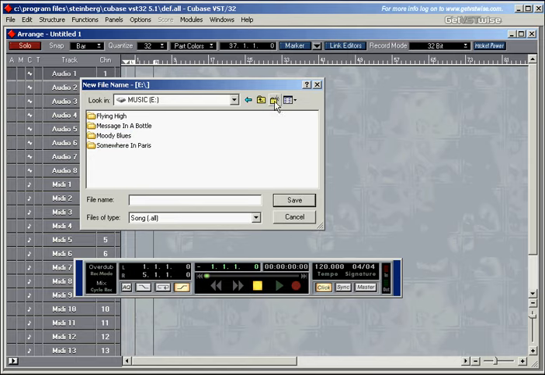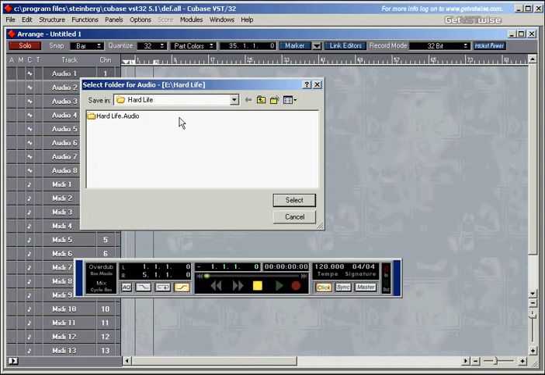If you wanted a new folder, you could just create a new folder and give it a song name, whatever you're working on. Let's call it Hard Life. That's the song Hard Life, and may as well just stick with that one. So I'd open the Hard Life folder and create a file name, which is also called Hard Life. You could call it hard or anything. Save the file name, and then Cubase automatically asks you whether you want to create a new folder called Hard Life Audio for all the audio files you're going to record later on. So I'm going to press select,